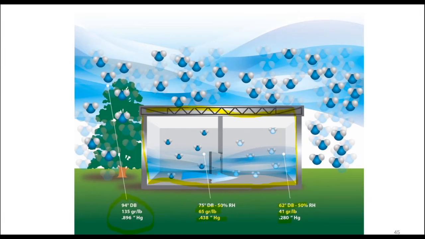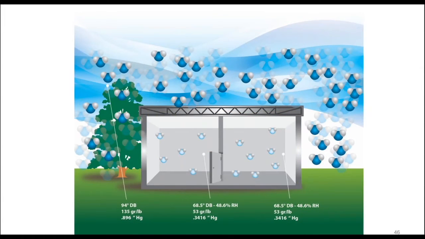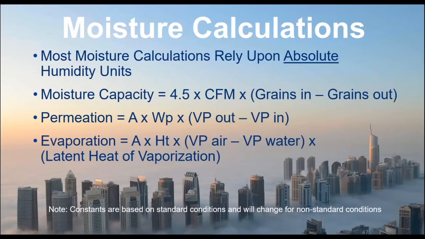So this side of the room that has the higher pressure, that moisture is going to want to move right through the walls if it can permeate the walls. If these are sheetrock walls, there's no vapor barrier, or it's cement walls, that moisture is going to move through. It's going to permeate through the wall. Or if there are cracks around doors or the door is opened, then we are going to want to equalize this pressure. In this case, if we left the door open and we didn't do anything else about it, it's going to equalize at about 0.34 inches of mercury. So vapor pressure moves from high to low, very significant force.